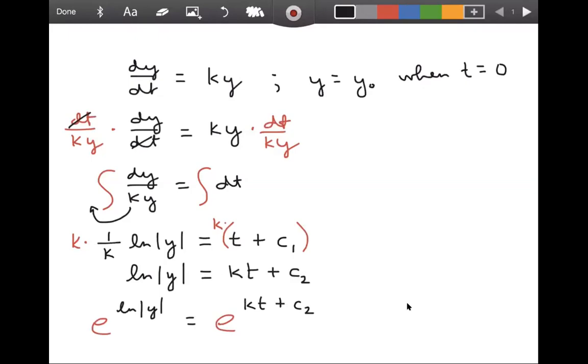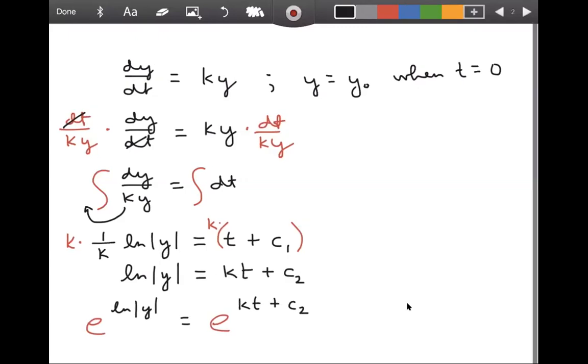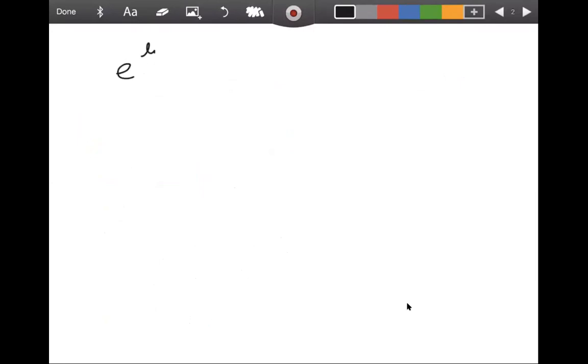All right, and maybe I had better rewrite that equation at the top of the next page. e to the power natural log absolute value y equals e to the power kt plus c2. All right, so what we have on the left side is the absolute value of y. And now what we have on the right side, using one of my properties of the exponential function e to the x, you can write this thing as e to the power c2 times e to the power